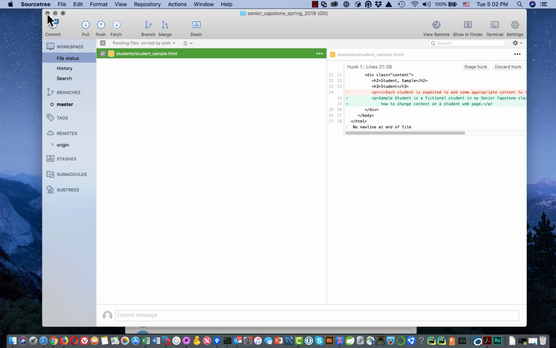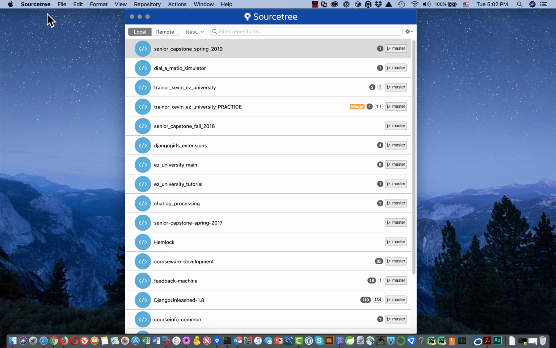All right, so that's how to clone a remote repository on your own local machine using the SourceTree client on macOS. As you can see, there's one change pending that we haven't committed yet. That means one file with changes. And you can see that I use this a lot, so I really think this is a great tool. It's a free tool. So the next time we get together, I'll show you again how to change your pages and how to do the